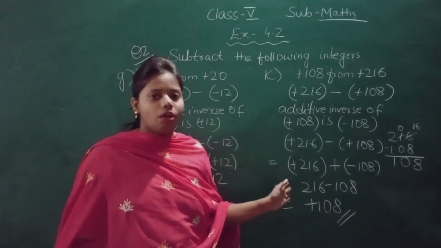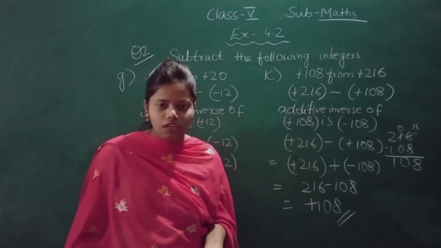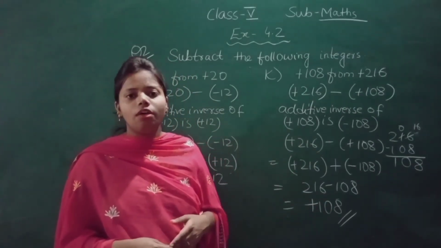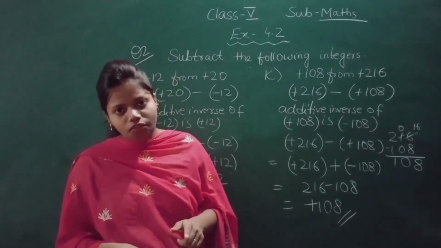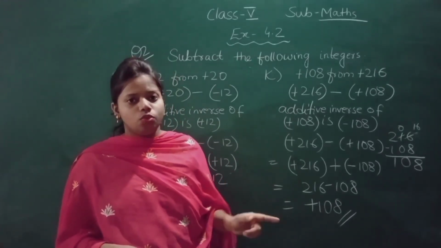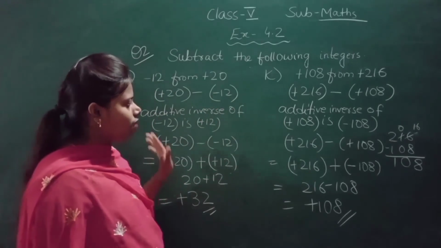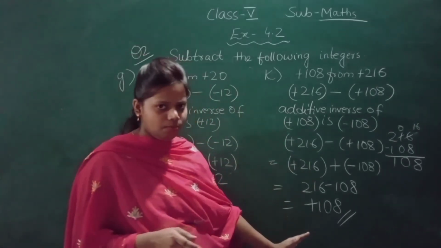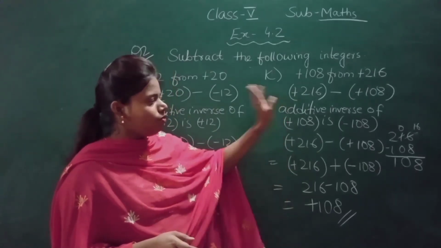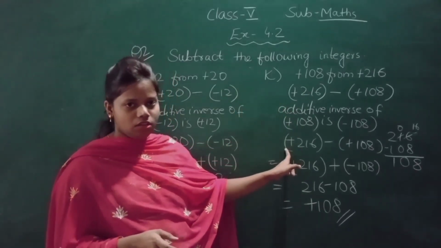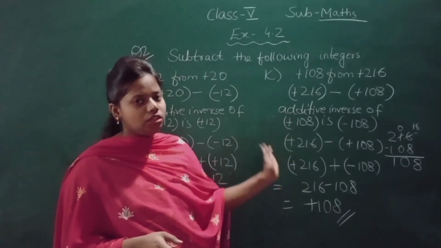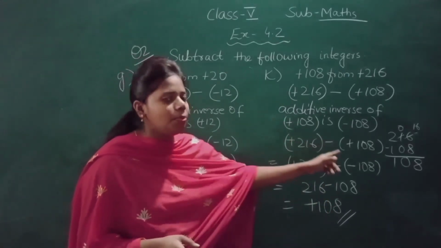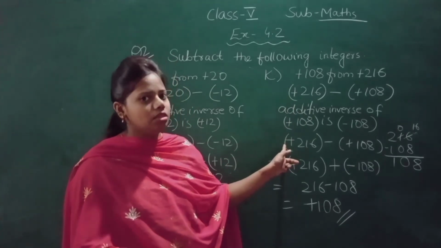So I hope that you have understood the addition of integers, subtraction of integers, what an integer is. I think you have understood everything now. Positive integer, negative integer. Okay. So for today, after this much, whatever I have done on the blackboard, do this in your copy. Don't get confused that so long I have done. Okay. See, this one first I have done, this one I have copied only. This one is the additive inverse, that is the opposite. Okay, and this, what you have to do? Copy. See, this one is a copied question. I have copied it here so that it becomes easy for you to do.